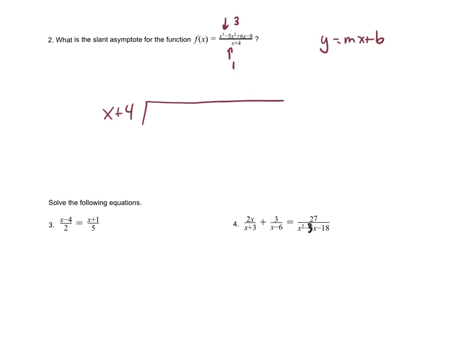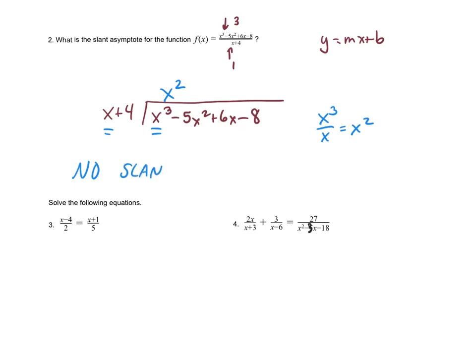Now there are cases, and this is going to be one of those cases, where you don't get a slant asymptote. And the way I can see this is if I take the x cubed divided by x, I get x squared. So the first term of my quotient is x squared. So I could continue the division, but I really don't need to because I know there's going to be no slant asymptote